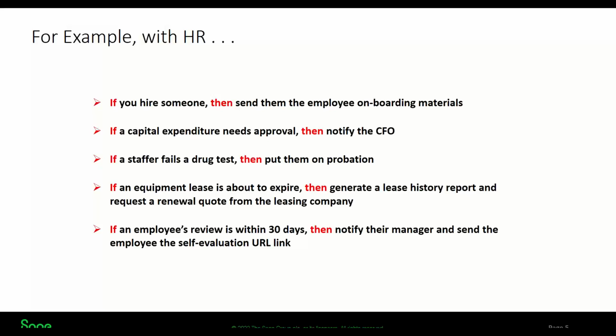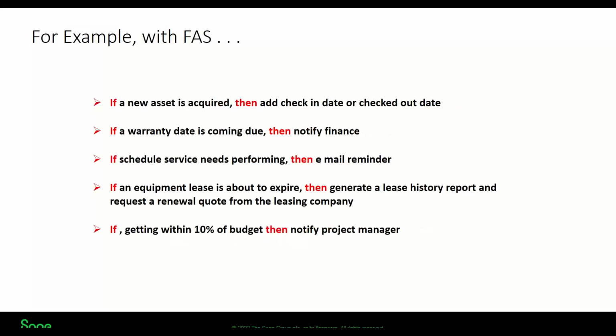So there's all types of different transactions from an HRMS point of view that come with the software as well. And then for other onboarding, we may have some fixed assets, right? We're always buying within our corporations. We've got computers, cars, cell phones, office equipment, right? So there's all types of things in fixed assets where we're onboarding and then depleting something or getting rid of it and trashing it. So there's all kinds of things within the fixed asset world as well that we can look at with Sage